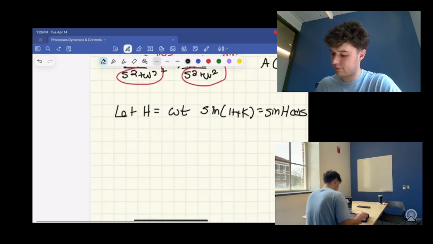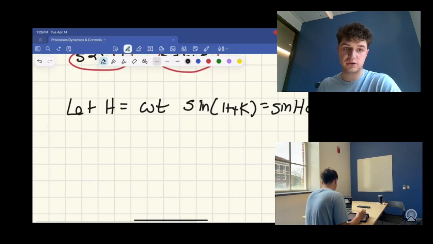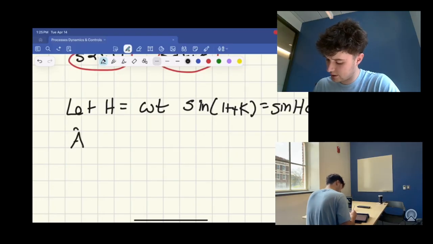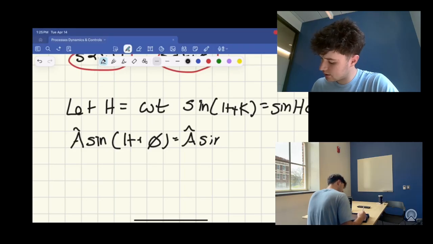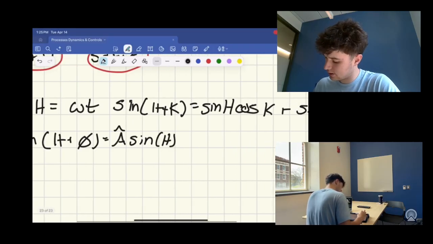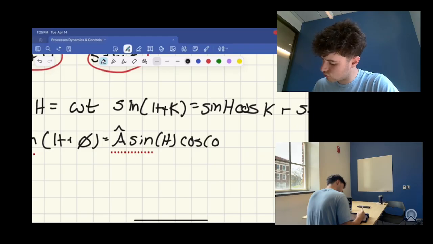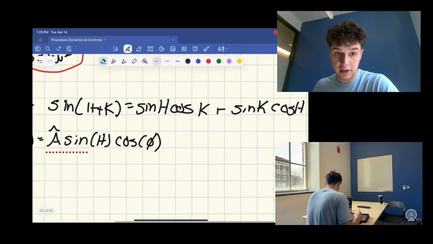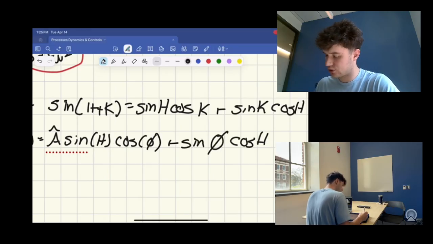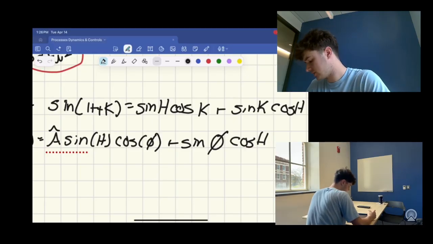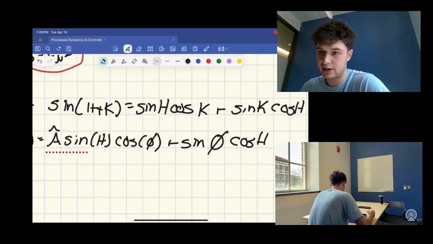Okay? And now finally we can rewrite this again. This is so much algebra. A times sine of H plus our original value equals A hat sine H cosine plus sine cosine H. And so I was looking ahead into just kind of planning what I'm going to have to do